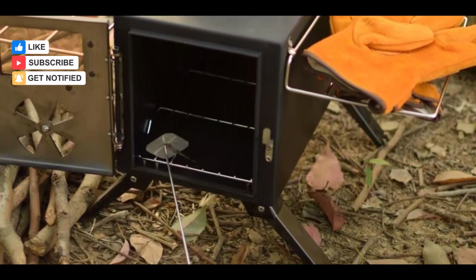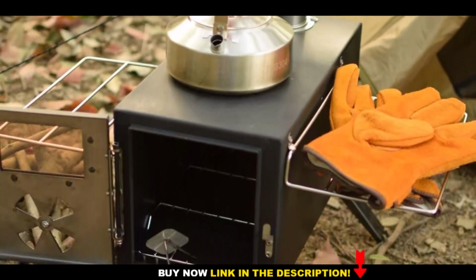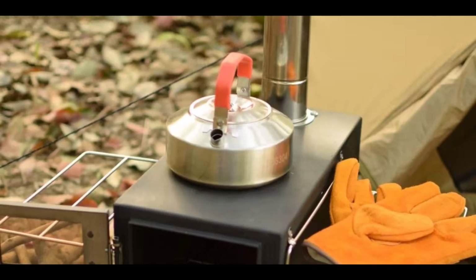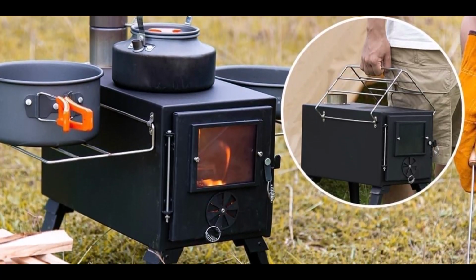Built from high-quality iron, the Avoforest wood-burning stove boasts durability and strength, while the stainless steel chimney components ensure easy maintenance and resistance to corrosion. The stove's compact design allows it to be packed into a single box, making it an excellent choice for adventurers